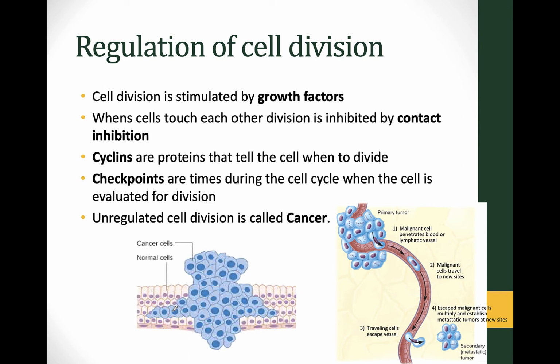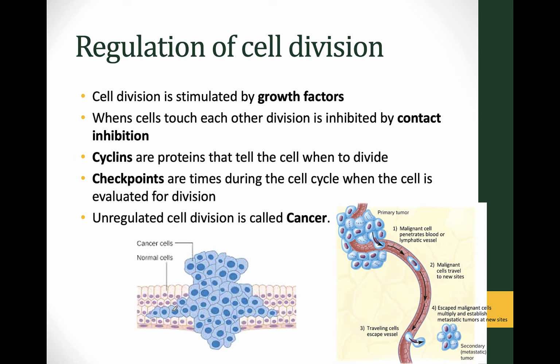So, think about your hair and nails and the lining of your stomach. These are all places on your body that are constantly growing, or your stomach is constantly getting damaged from acid, so it has to keep replacing itself. So those tissues are going to need to constantly be doing mitosis. But your heart cells and your brain cells, once you're set, they don't really divide anymore. That's why heart attacks and strokes are so damaging, because those cells don't repair themselves. So the cell cycles for those have actually been turned off.